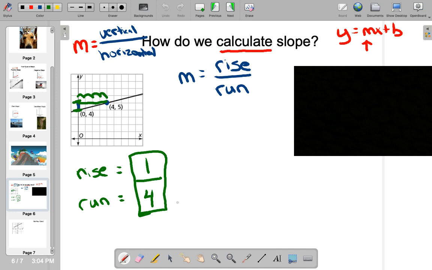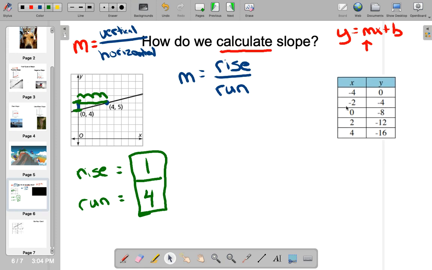Okay? Now, a lot of times when we're working with slope, it's not given to us as a full graph. It's given to us as a table. Now, at this point, I'm hoping that you know that even if we put points on a table, you still can be creating a line. This is still a line, okay? So when I'm trying to calculate slope, that means that I can pick any 2 points off that line,